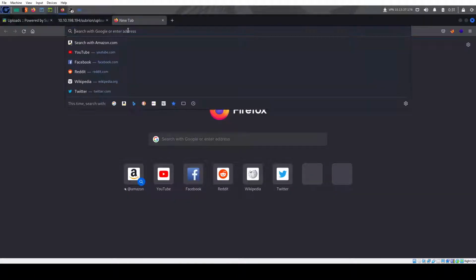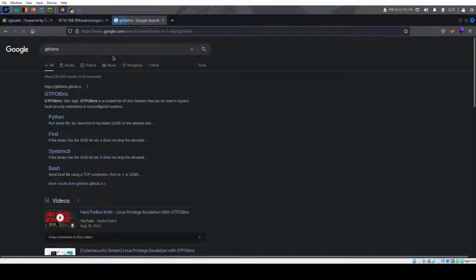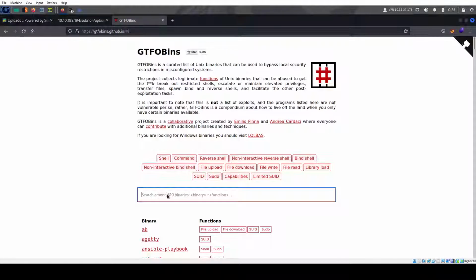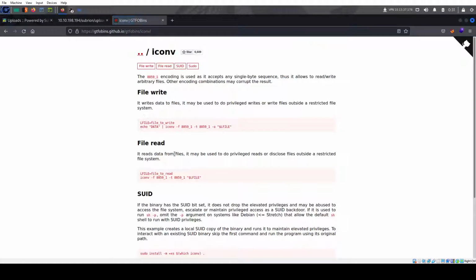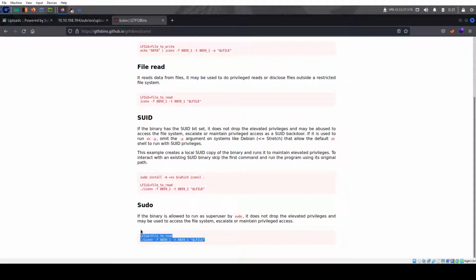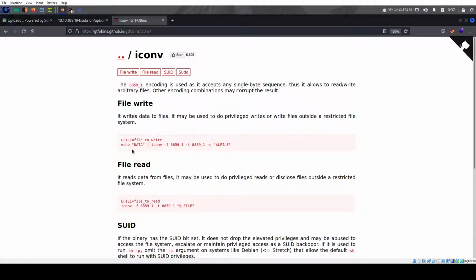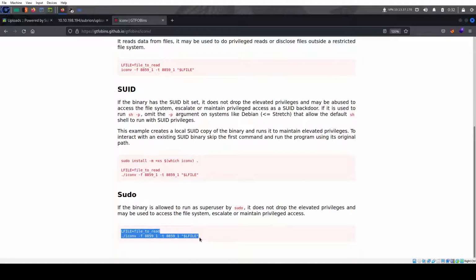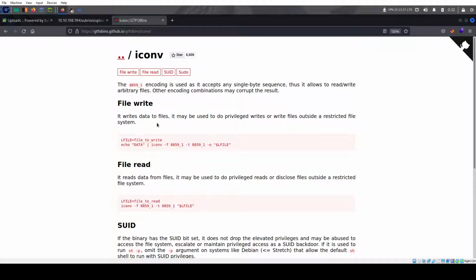And you can look this up. Iconv, actually, always a good place to check is GTFOBins. And this was a good lesson for me because whenever I go to GTFOBins and I can run the sudo, I go straight to the sudo and see what I can do, instead of taking a little bit of time and reading what I can actually do. At first I was reading files and I got a little bit stuck. Yeah, I could read the flag, but I wanted to get a shell. And more often than not, these machines or rooms are intended for you to get root access. So it took me a little bit, and then I realized, wait, if I scroll back up,